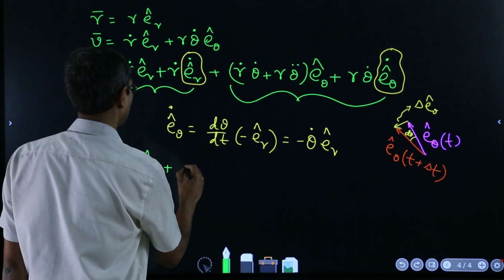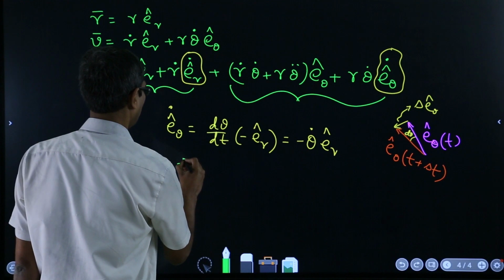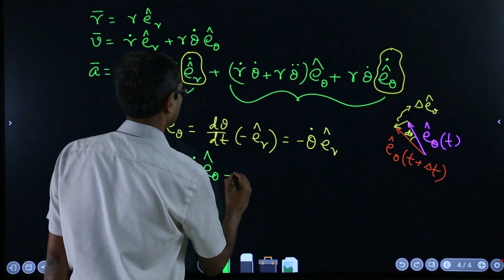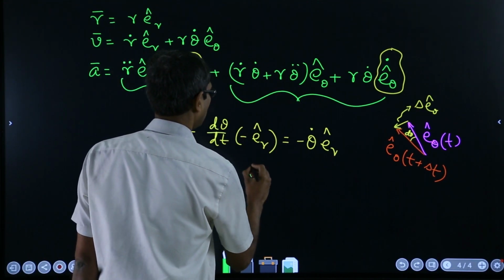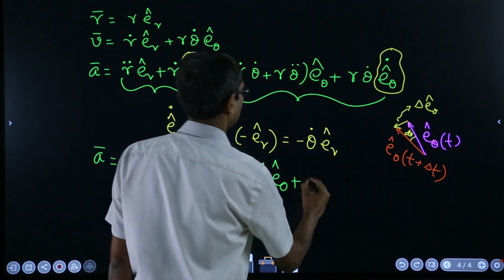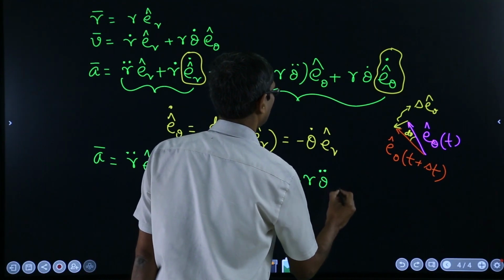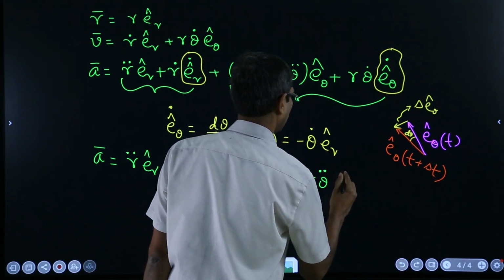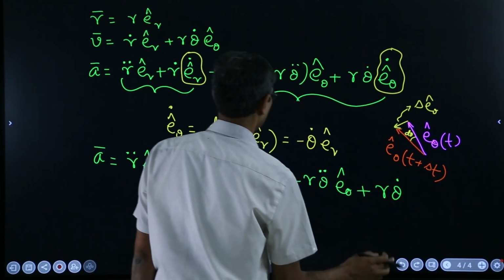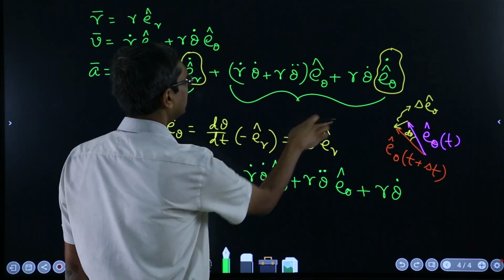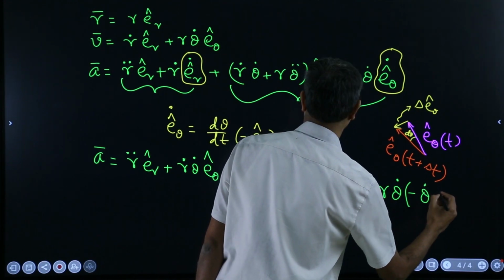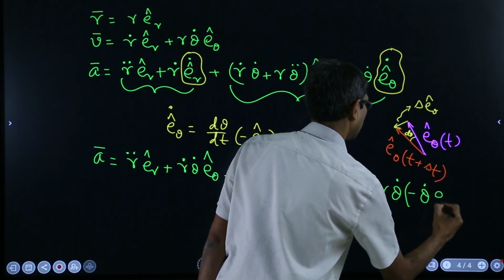So here I will write r dot theta dot E theta, plus, these are fine, r dot theta dot E theta, plus r theta double dot E theta, plus r theta dot, now this E theta dot is this, so minus theta dot ER,